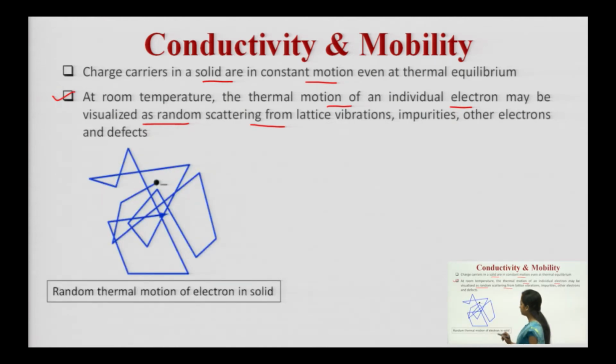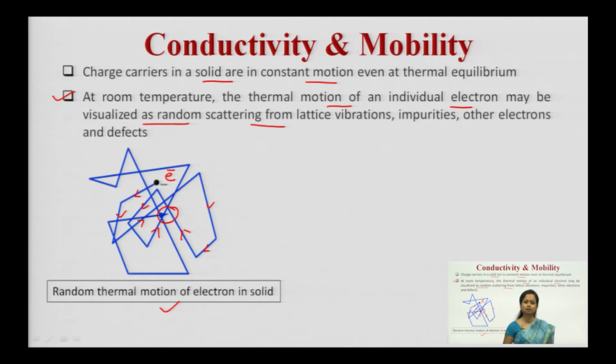So, you can see over here, this is the thermal motion of an electron in a solid, where a single electron is being shown. Because of the random scattering, the lattice vibrations, this particular electron is moving. You can see the direction is in this direction, then it is moving in this direction like this. This is how this electron is randomly moving, and finally this point is being shown over here. Just what is the starting point, what is the next possible point. So, this is how you can visualize how an individual electron is moving.